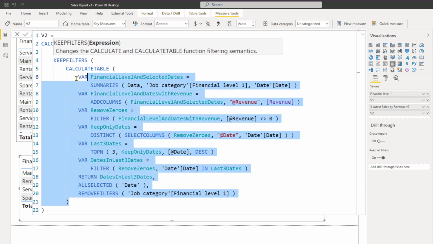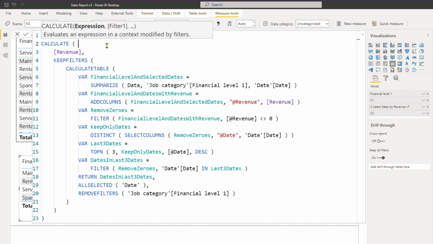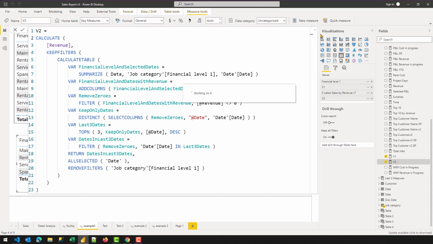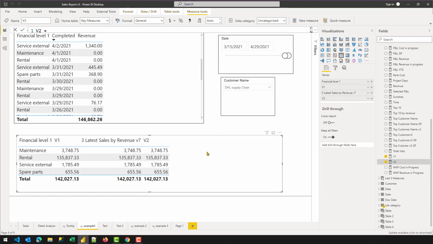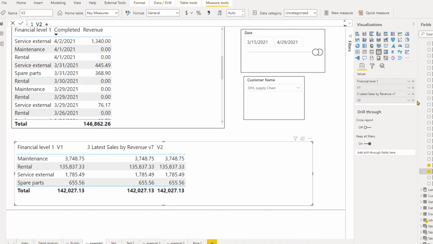So let's indent the code, close the keep filters function, and click on confirm. Let's go back and we can see that we are reporting the correct value for each cell. So you can verify that version 1 and version 2 are actually returning the correct value.